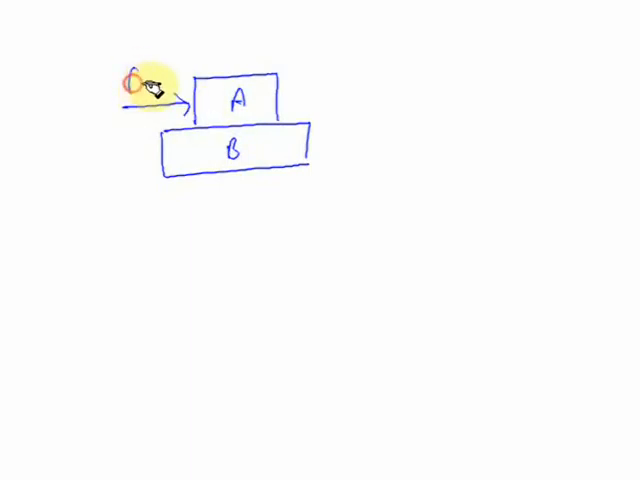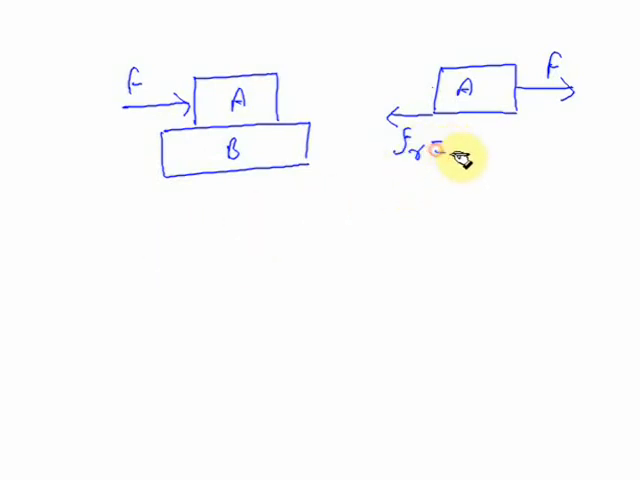So to understand this, let's take the same example. So suppose we have block A and block B, and a force F is acting on block A, and because of this force the block A starts moving in the right hand direction. So the friction force which is acting on block A will be in the left hand direction. So the forces acting on block A are F, which is external force, and friction force FR. Now since in this case the block A is moving with respect to block B, we call the friction force which is acting on block A kinetic friction, and its value is equal to